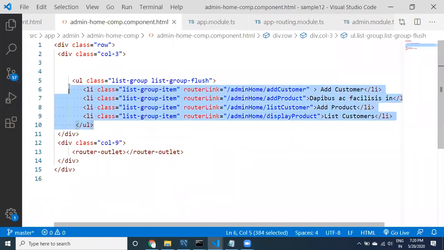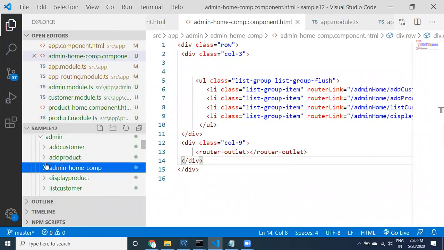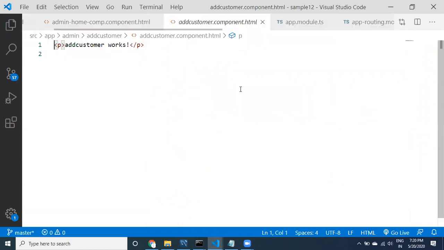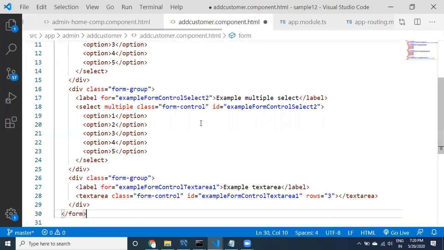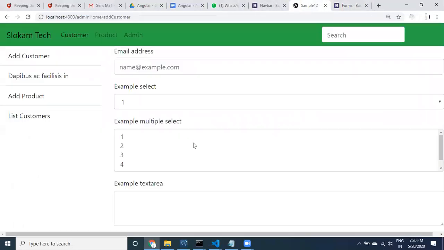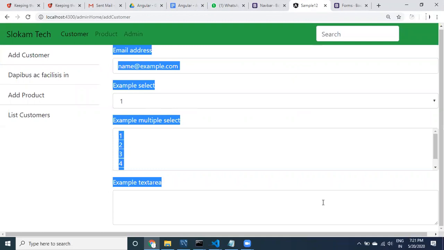Go to add customer component within the admin. See, let us look at it, guys. Instead of providing this, you can use this form. Now come here. How is it going to display? See here, guys, now the screen is full-fledged. Of course, we did not provide anything for these things. If I click on add customer, I have to display this one.